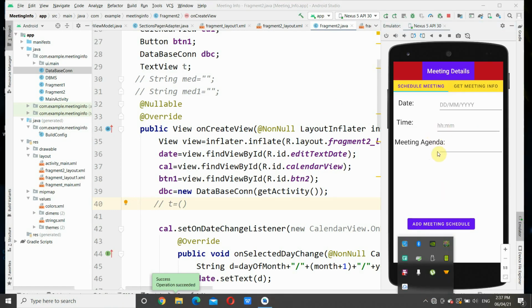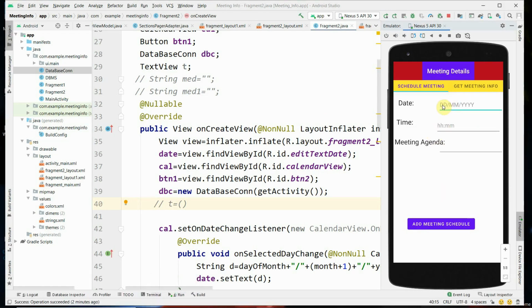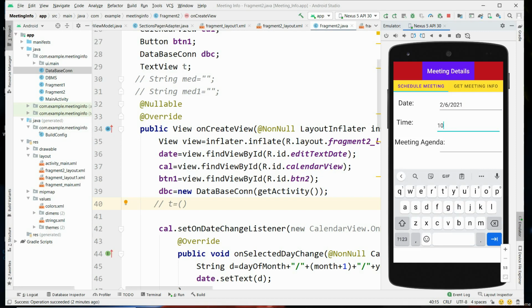Here, when we click on this date edit text box, it displays the calendar and you have to select the appropriate date. It shows the date in the edit text, and the time we have to type. Next we have to type the meeting agenda. The meeting agenda is a department meeting.